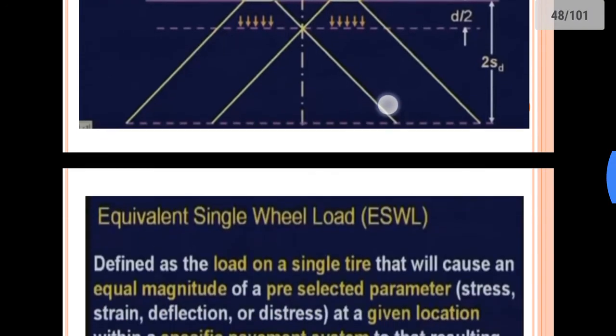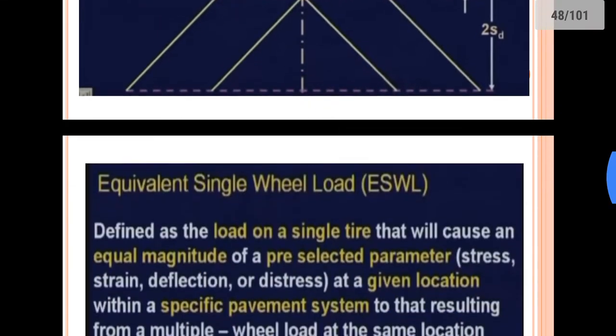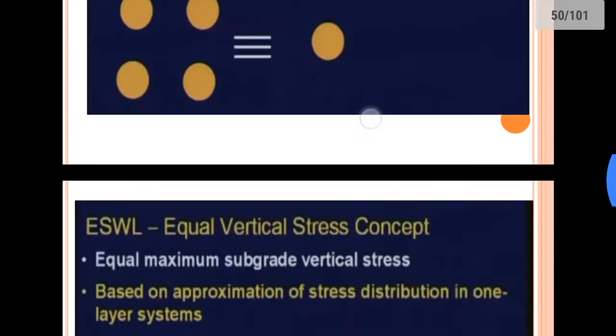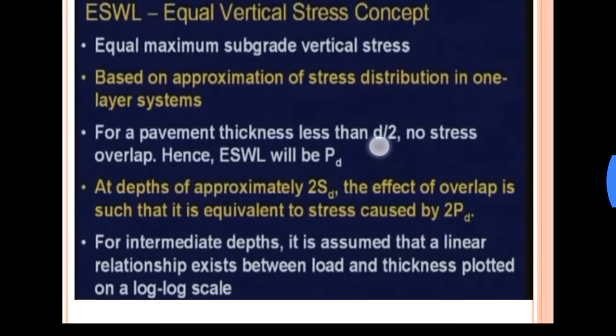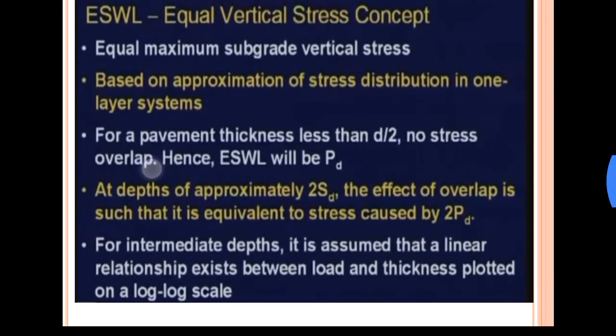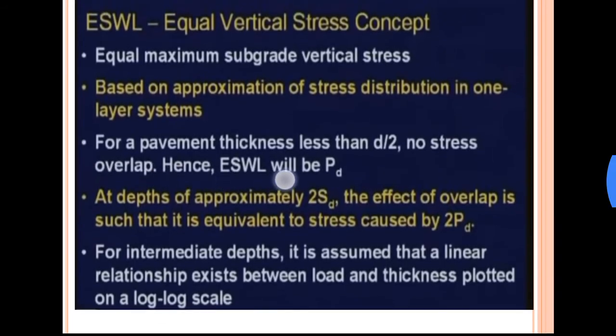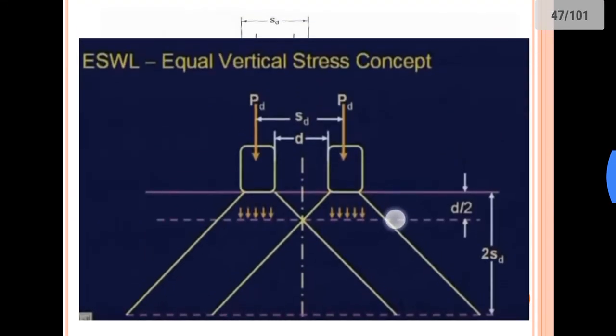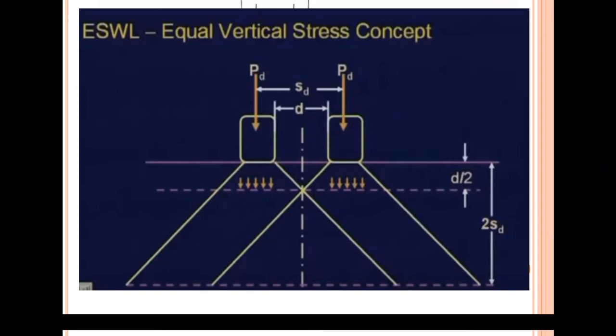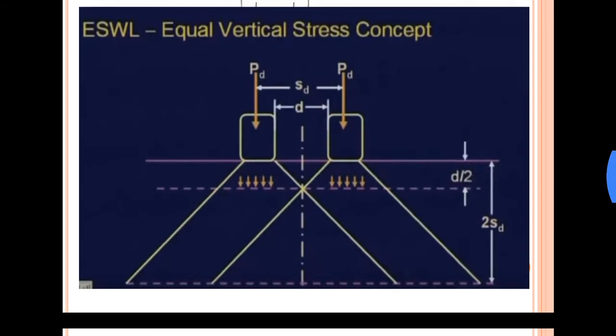So what the concept of ESWL says is, for a pavement thickness less than d by 2, no stress overlaps. Hence ESWL will be PD. It says that up to a depth of d by 2,